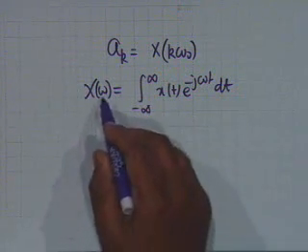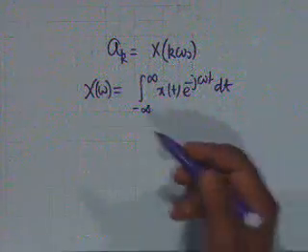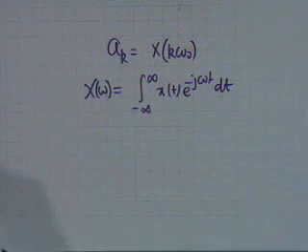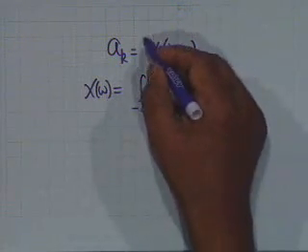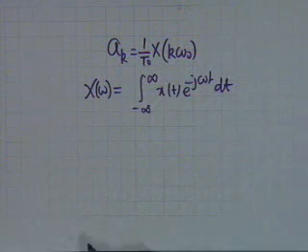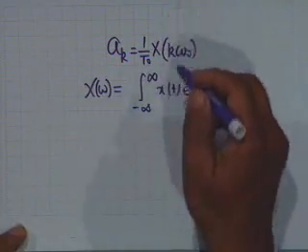Yeah, omega shall be put equal to k times omega naught. That's how you get X of k omega naught. Yeah, I think I made a mistake. a_k is this divided by T naught. Okay, that's the point that I was missing. Now a_k is, well, I could also write this as